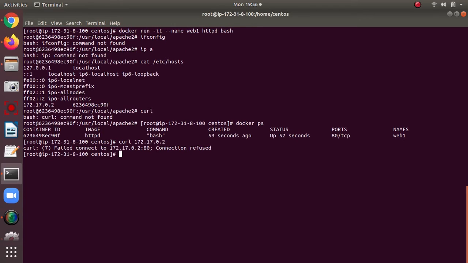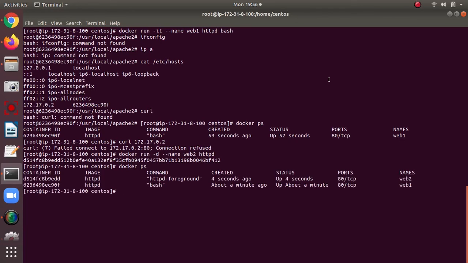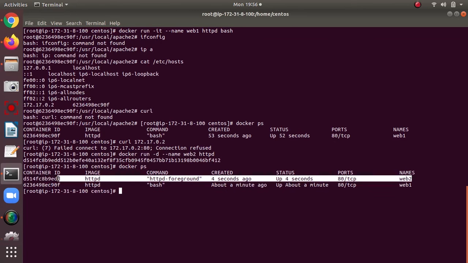Now I try with daemon mode: docker run -d --name web2 httpd. I hit enter and it brings up the web2 container. I want to see its IP.